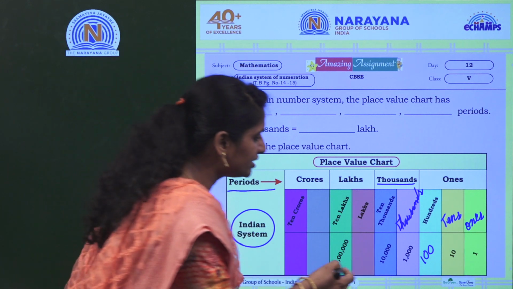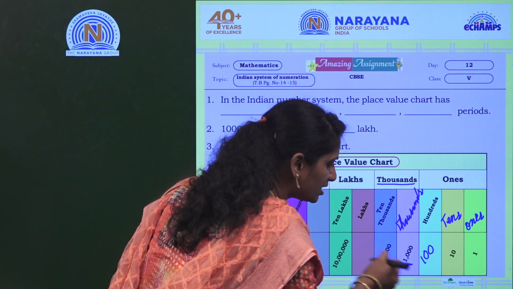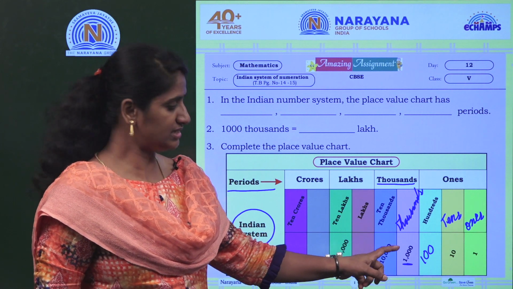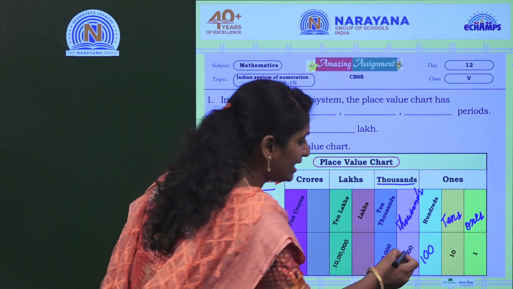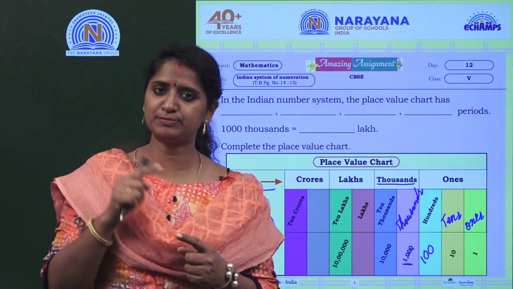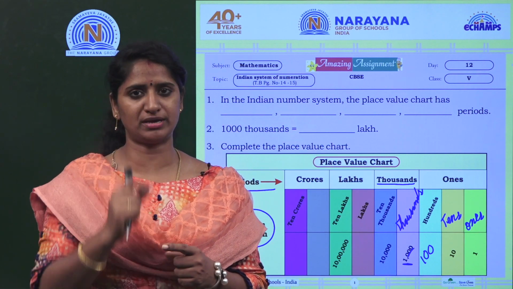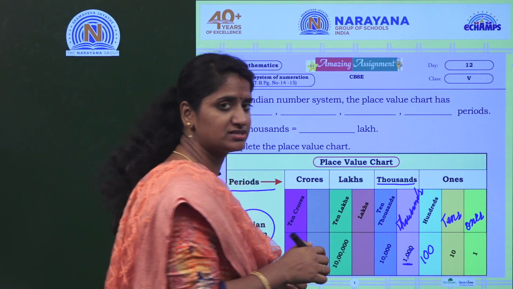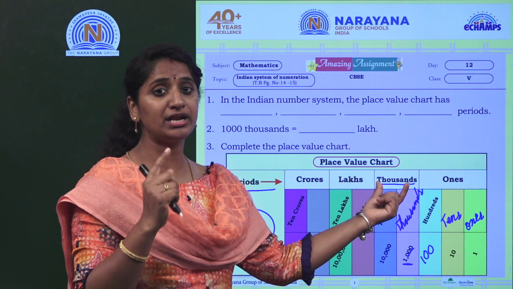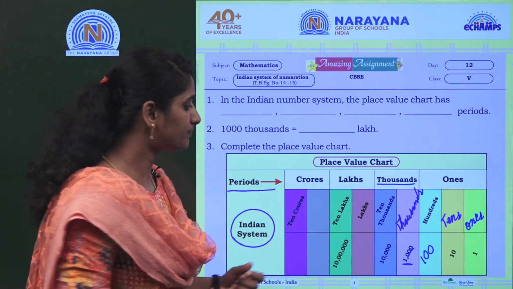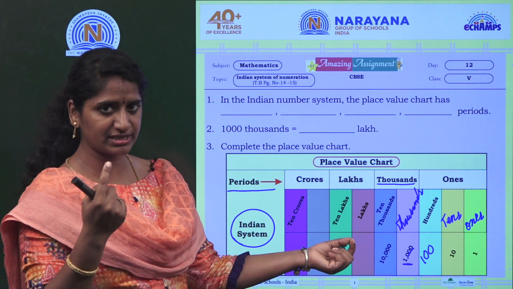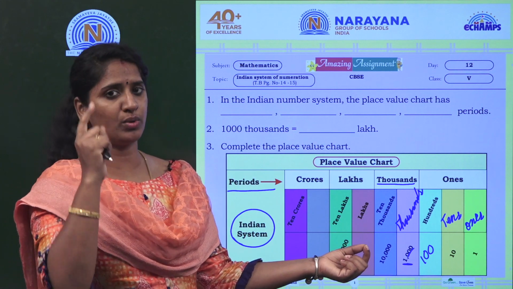You can observe that in this number there is a comma. It means the ones period is completed. After the ones period is completed, we need to place a comma, in the thousands place. It means in the thousands period we need to add one comma. Then after 10,000 we have to place one comma.